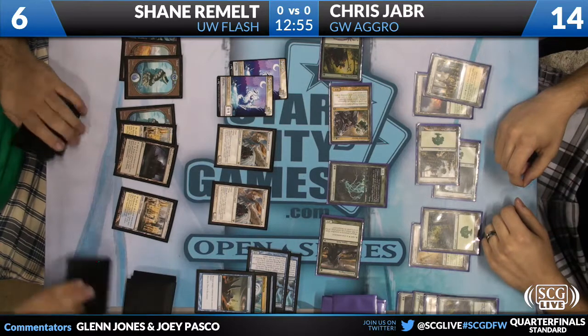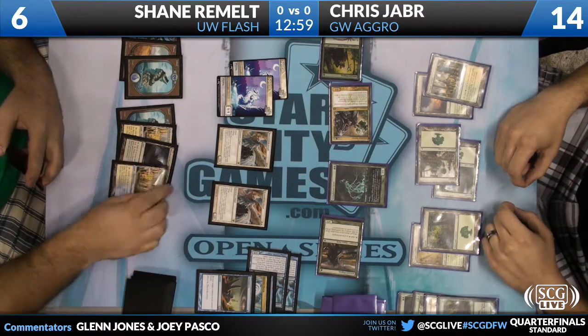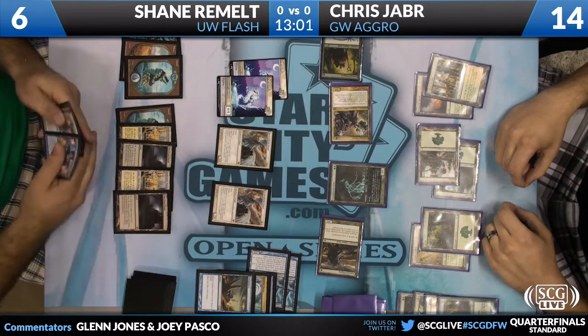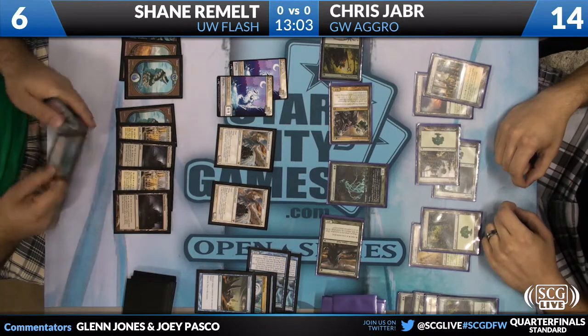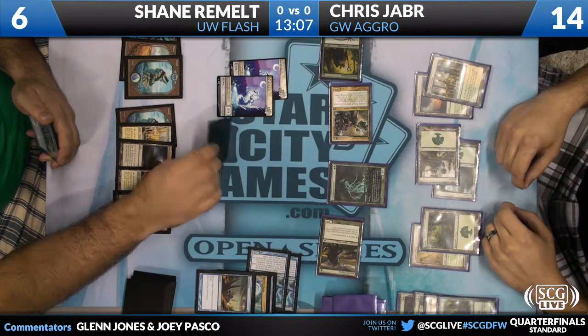I don't know if I'm totally sold on your plan, but if you're going to unsummon something, not the 2-drop haste creature, you maybe unsummon the 3-drop that doesn't have haste, make him at least have to recast that. Not that it matters here, because Chris already attacked, and he has plenty of mana. It might not matter too much at all, but...